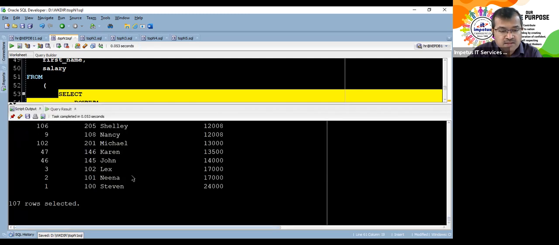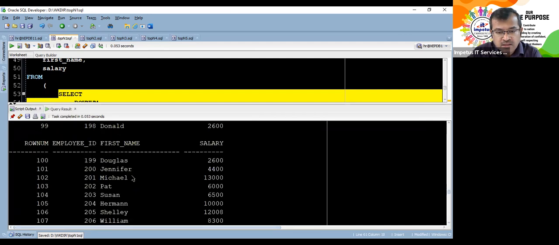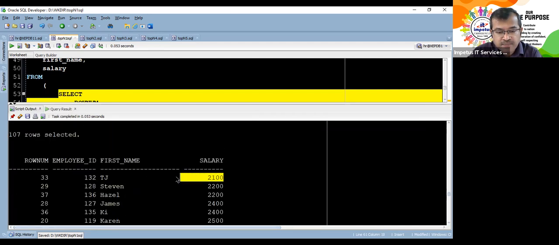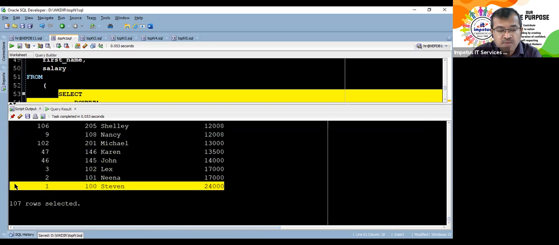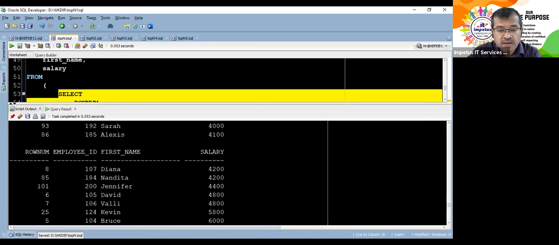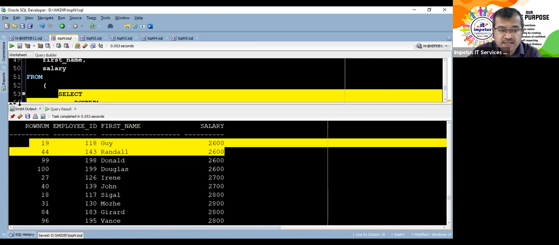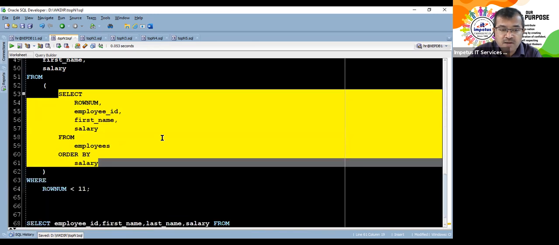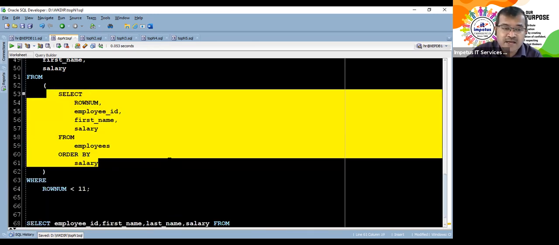Now when I'm ordering as per the salary, watch it. The guy who has received the least salary, his row number is 33. And the guy who has received the highest salary, his row number is 1. So it is in ascending order of the salary that the things have got displayed. Now all these row numbers have got messed up, isn't it? What I can do now is, this becomes my source of data. This becomes like a temporary table.